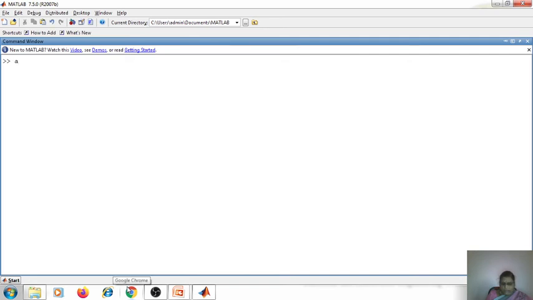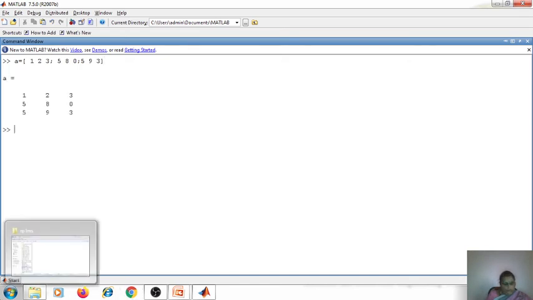Now we will create one matrix. So this is a matrix we have created. Then to find the diagonal of this matrix, what should I type at the command prompt? I will type DIAG and then enter the name of that matrix.